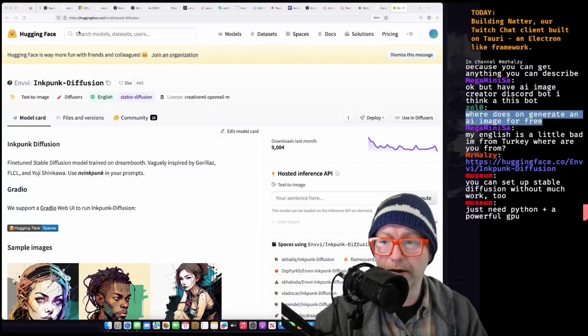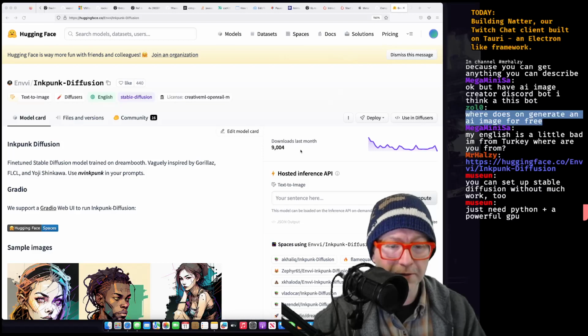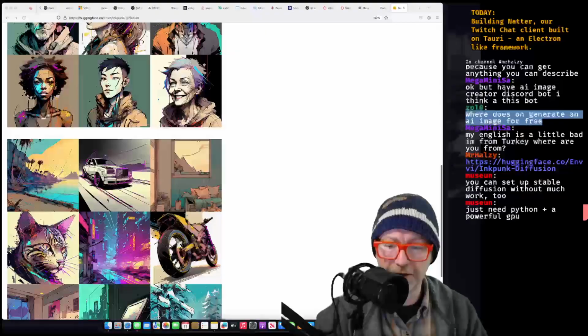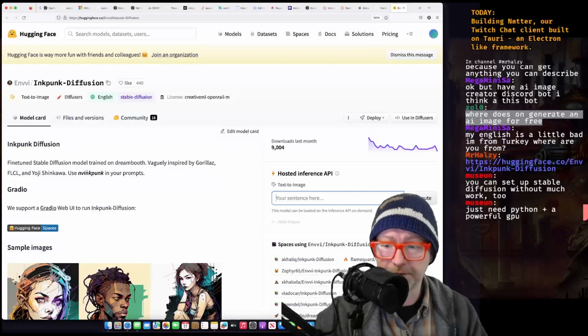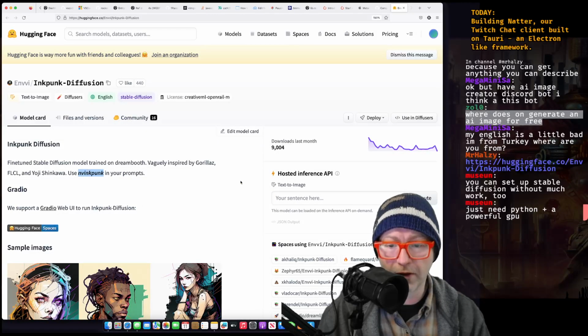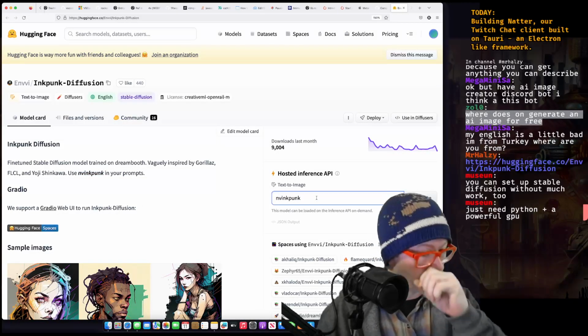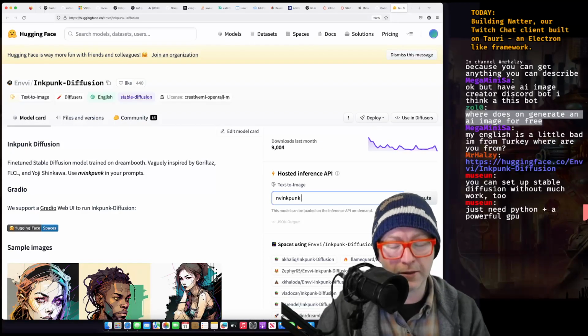On Hugging Face there are many different trained data sets, so go find one that you like, that has an example of the style and art that you care for.